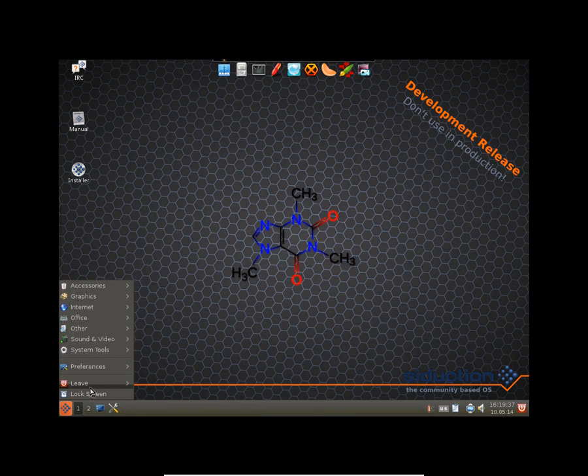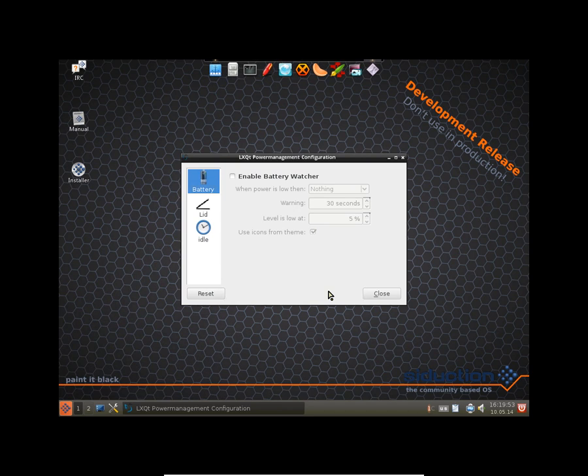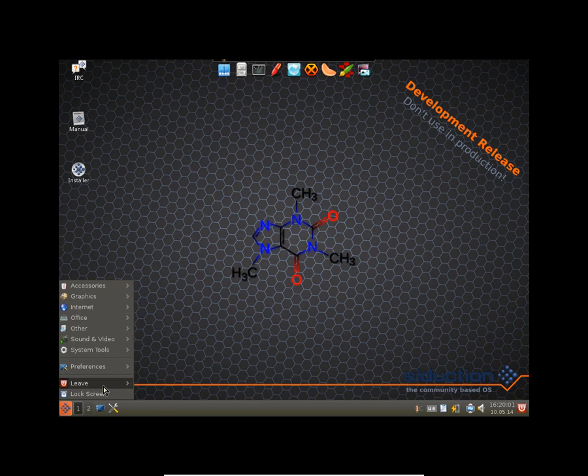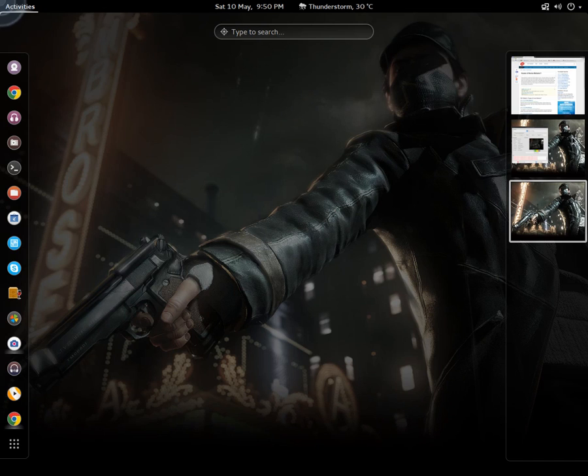So I guess there's not much to show at the moment because there aren't many applications installed. You just have to see a basic UI here, and I've just shown you almost everything. There's not much to show, only the LXQt desktop. So that's the only new thing here. So I'm gonna shut down this OS because there isn't much to show at the moment.